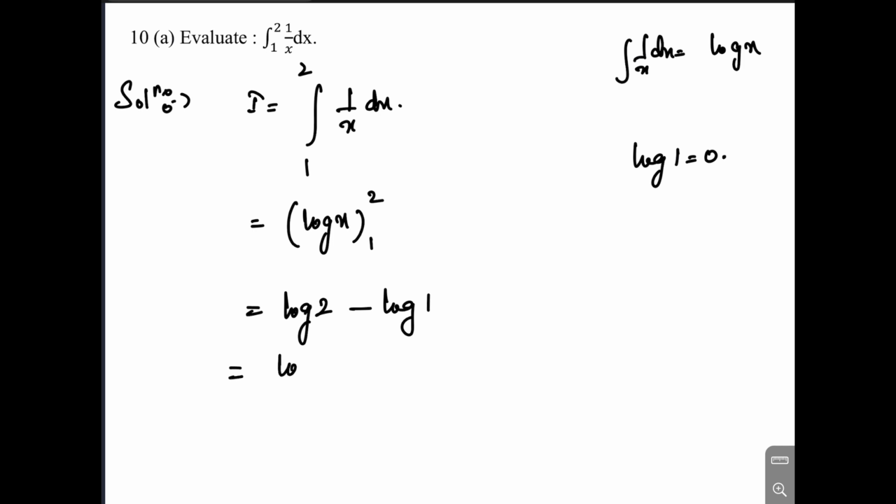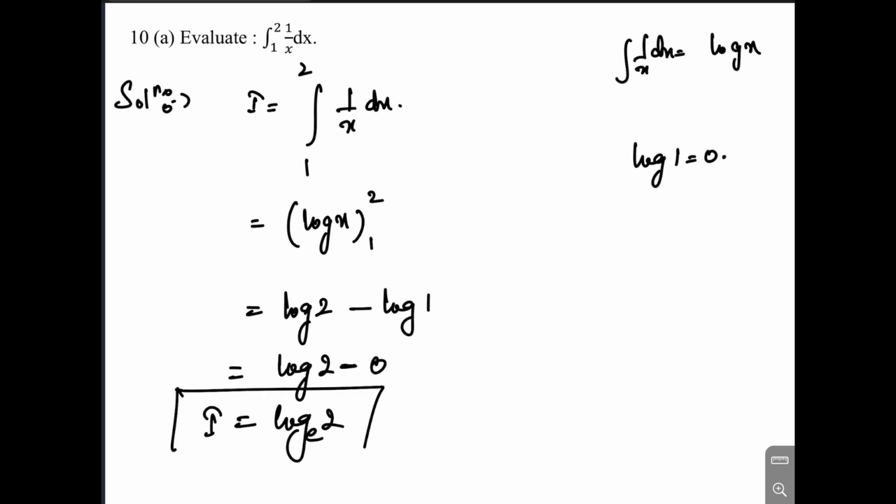So here, log 2 minus 0. So we'll get log 2. I equals log 2 is our answer. Next problem,